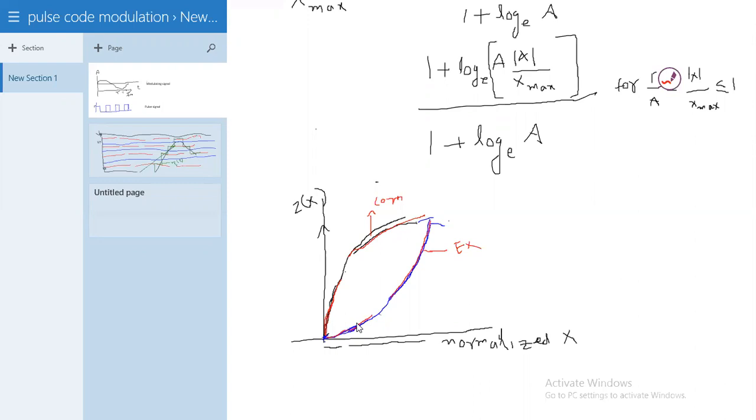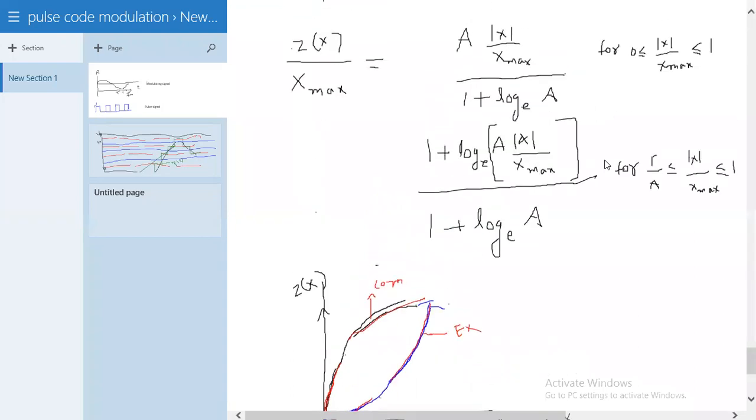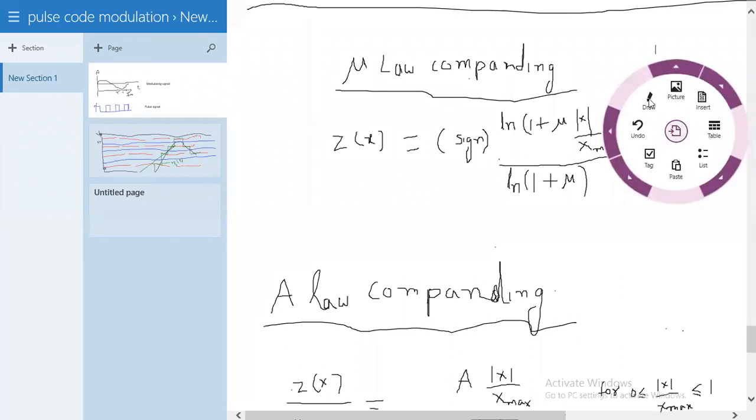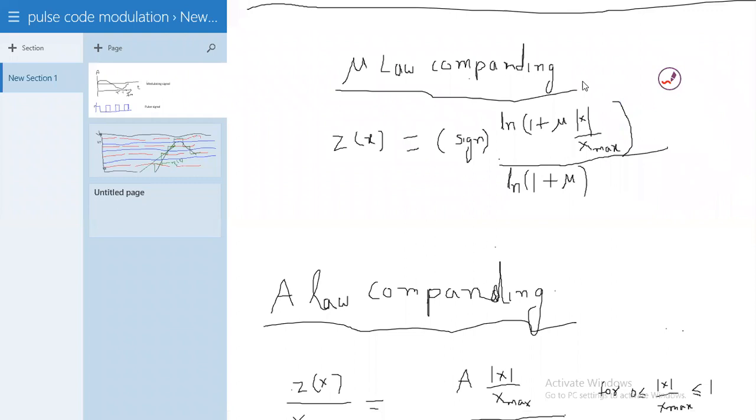The companding is of two types. One is Mu-law companding. Here please note down, these are very, very important. So one is Mu-law companding. The second one is A-law companding. In voice communication, generally in the United States,